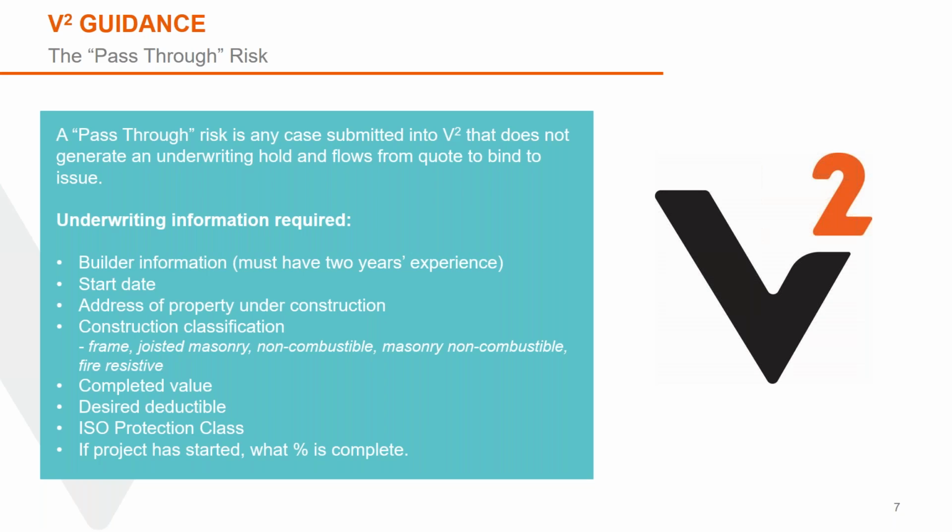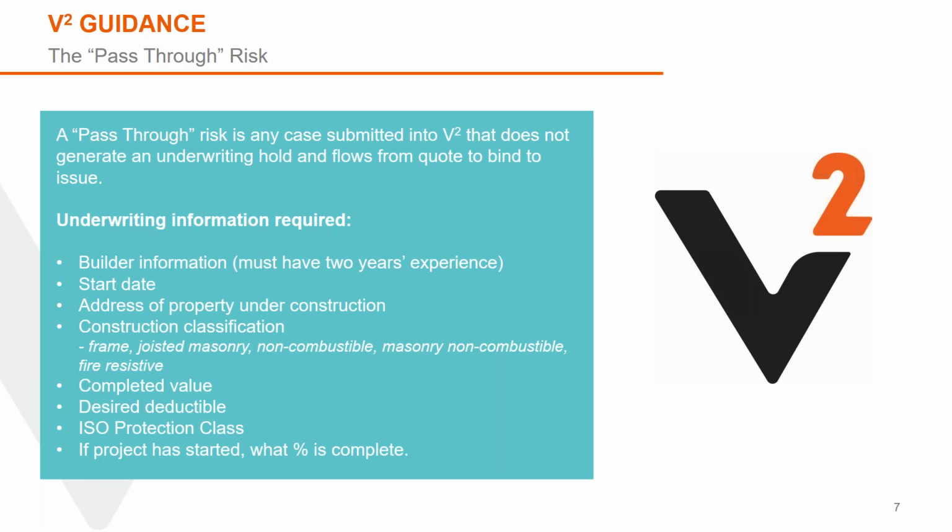Construction classification. Now we're getting into the property code construction. What is it? Is it frame? Is it masonry non-combustible? Is it fire resistive? On our website, we actually define each one of these, so it's pretty simple. I will tell you, if you're writing detached single family, 93% of homes are framed today. That's just the way they build homes in the United States. They are building some concrete and steel homes in South Florida, but that's not really caught on everywhere else yet. So mostly frame, which is fine.